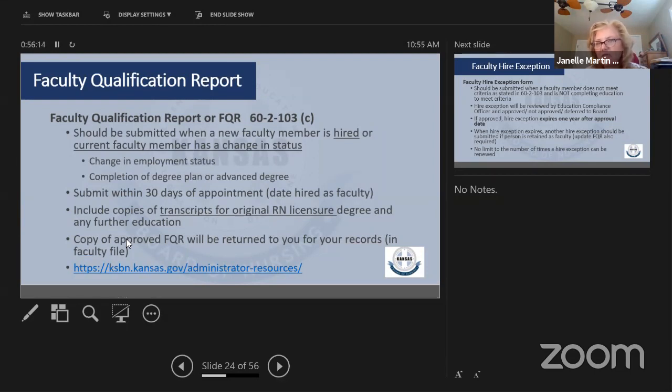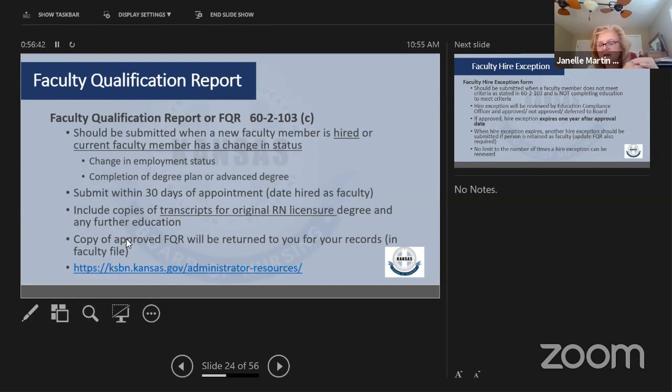So even though the system will let you go in and do the higher exception all by itself, we also need the FQR to put it with. If you think about it this way, a higher exception is basically saying that for 1 year, we're going to allow this person to be an approved faculty member based on whatever the higher exception is for.